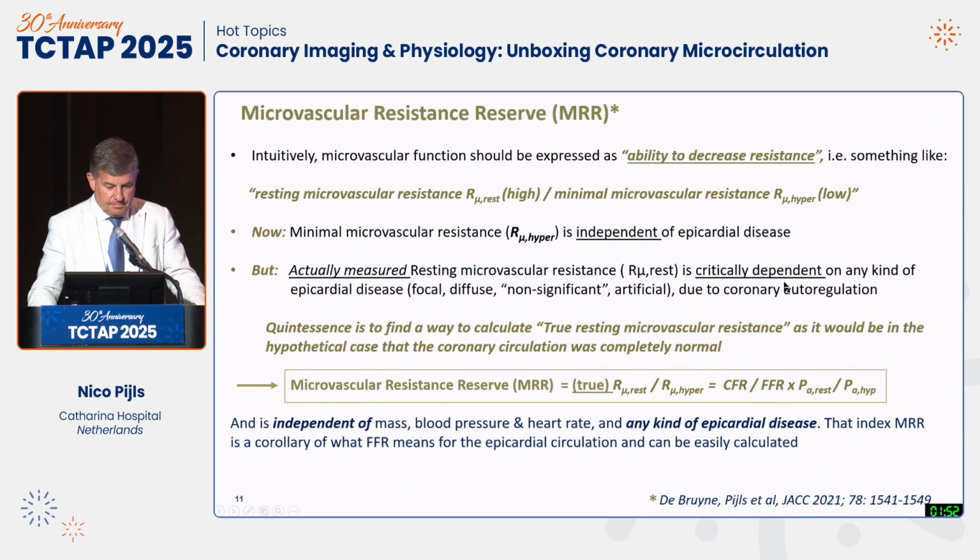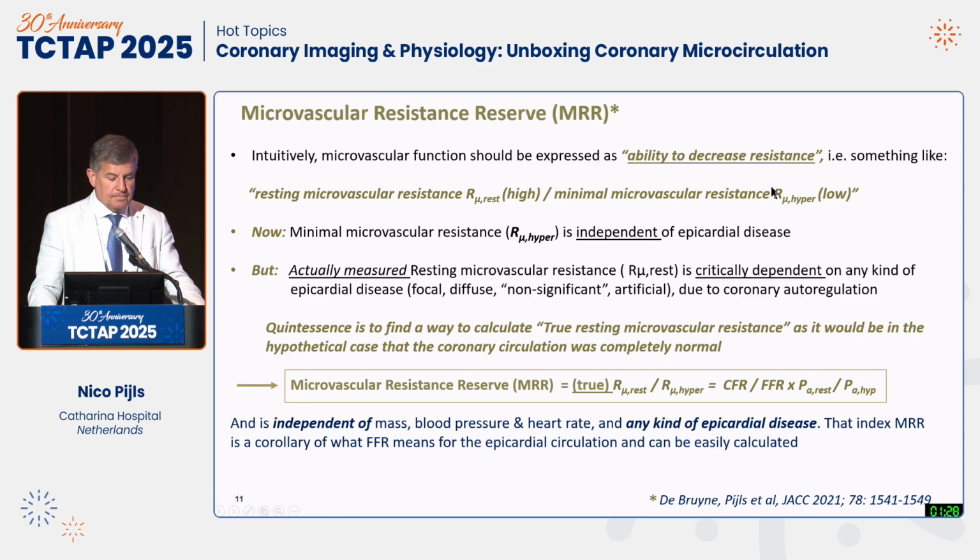Then one step further. You can understand that flow and resistance are territory dependent. The larger the territory, the larger the flow, and the lower the resistance. You would like to have a measure for the microvascular function which is independent of mass. And intuitively you feel that that must be something like a resting microvascular resistance divided by a minimal microvascular resistance